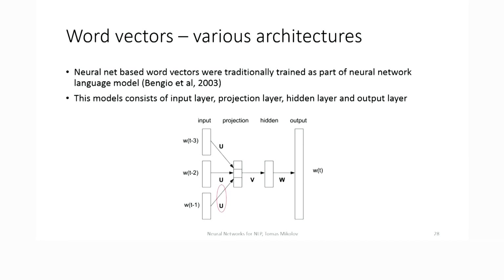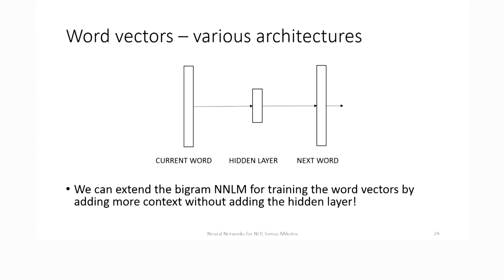But if you look back at the feedforward model, it's just adding context when we are trying to do the prediction, and it's also doing this nonlinear step, which allows it to learn some sort of n-grams from the inputs. That's all fine, but if we care just about the word vectors, maybe we do not really need a real language model. Maybe we don't need the ability to learn n-grams.